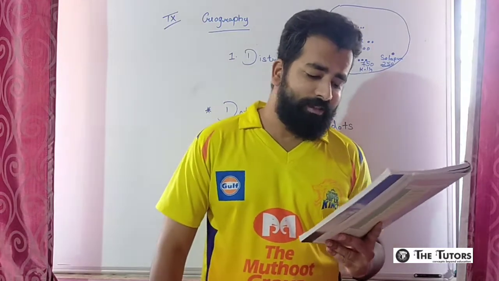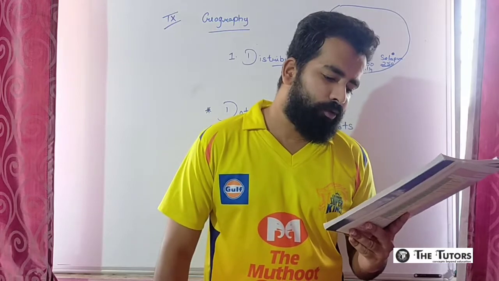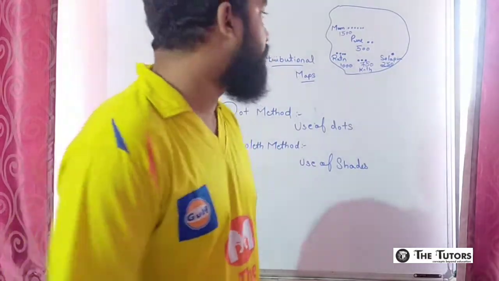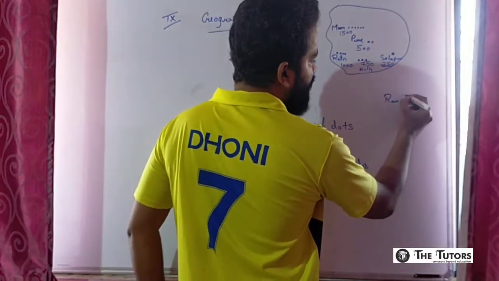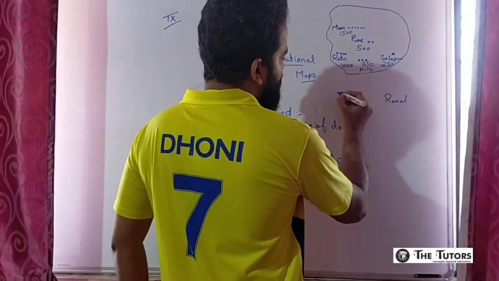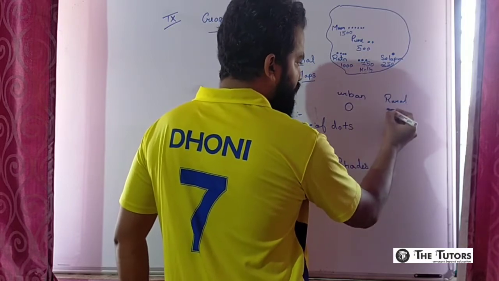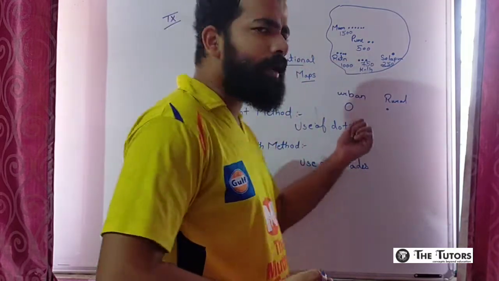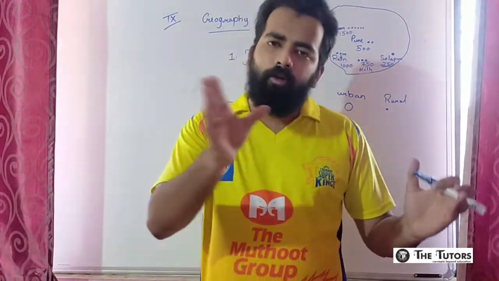While showing the population density, rural population is shown by dots and circles are used to show urban population. Now, if the population is high, okay, if the population is high in rural area, population is comparatively low than urban areas. So in urban area we can make circles, and in rural area we can make dots. These circles are nothing but a type of substitute which is used to make dots. We cannot make big dots, so you can make circles.